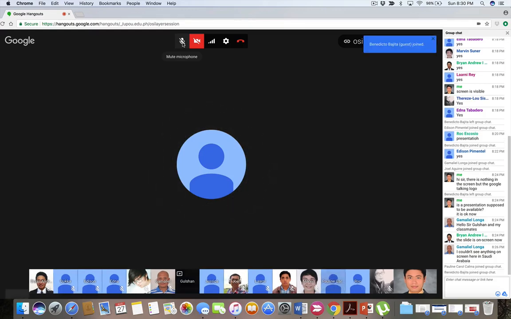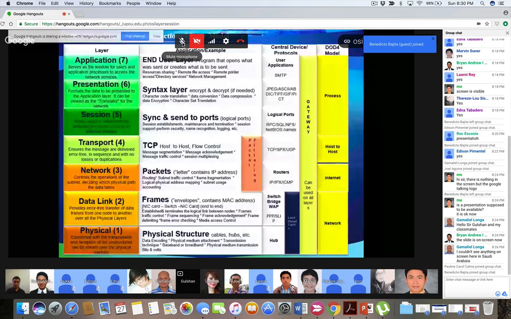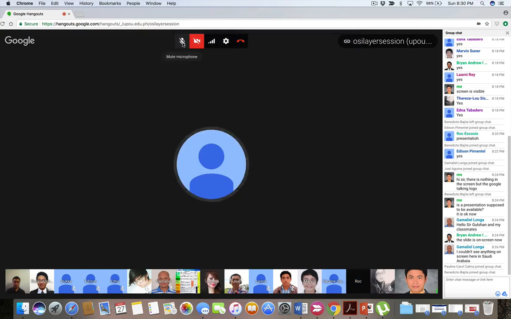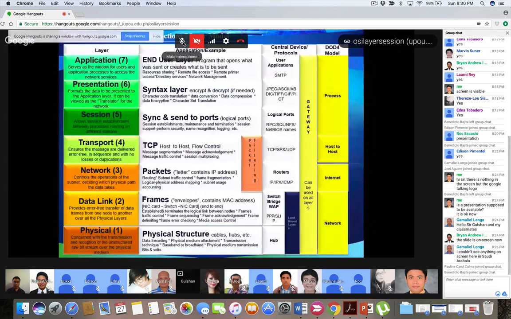Okay, one more example. Yeah, that's correct. Now we go to the transport layer.